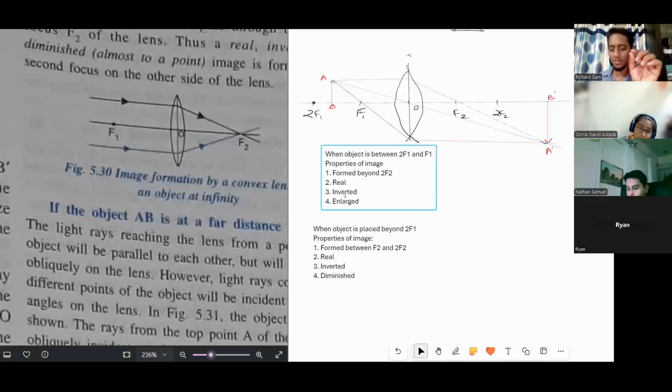They're real, they're inverted, and very small. So it's highly diminished, not just diminished. This is the closest point where the image can be to the lens. Now, as the object comes closer to the lens, the image starts going farther away. The second diagram is what you just drew right now, where the object is beyond